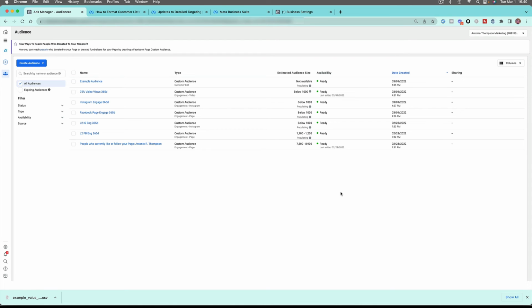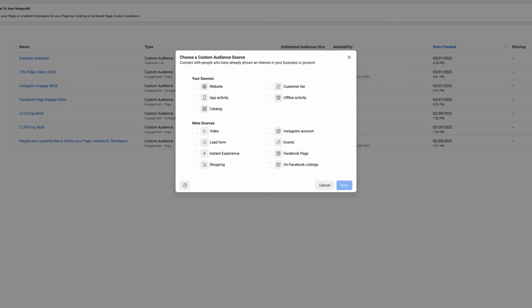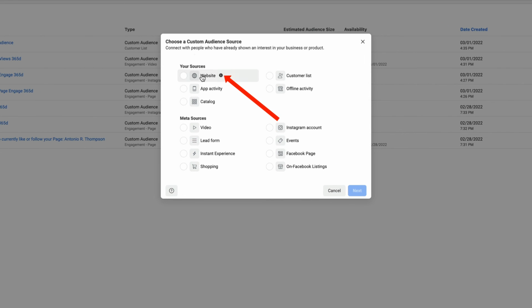And so the next audience we're going to create is a website custom audience. This is based off of people who have visited your website. In order for this to work, you need to have the Facebook Pixel installed on your sites. And so if you don't, I'll have a video that will show you exactly how to install the Facebook Pixel. But you'll follow the same steps. You'll click on Create Audience, click on custom audience. You'll select website as your source, hit next,